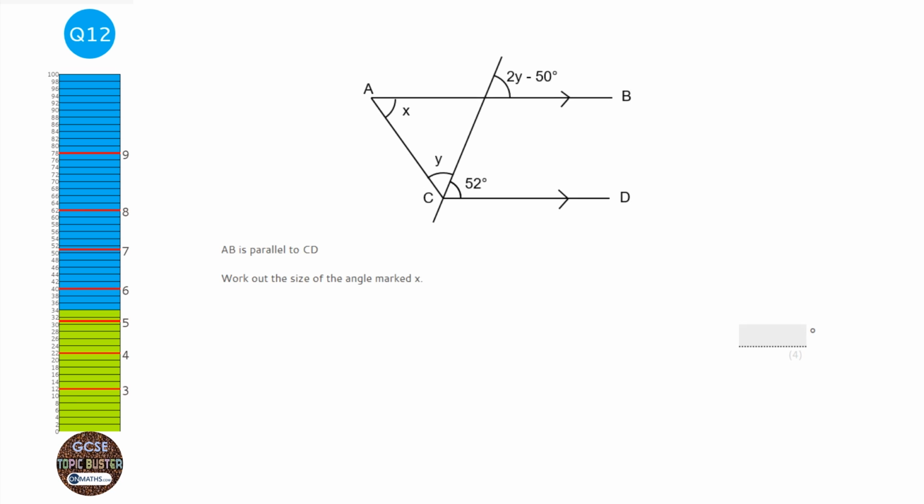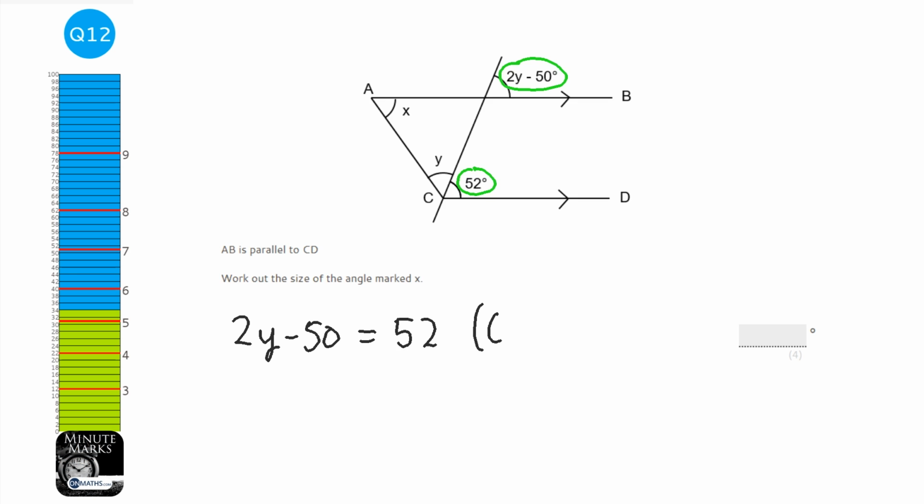For these types of questions, always make sure that you show your working. Show how you know something is something. So the way I would start this, and this is not the only correct answer, is I realise that these two are the same. So I know that 2y minus 50 equals 52. The reason I know that